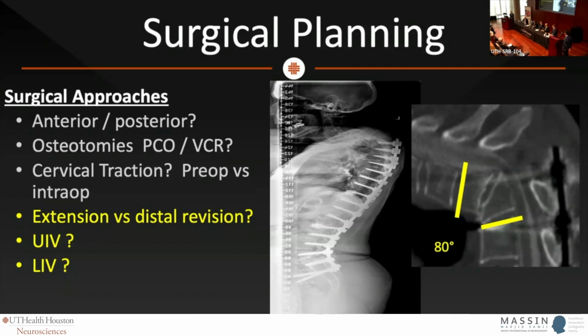What are your thoughts on pre-bent rods to try to achieve some goal along it? Whatever you need, having pre-bent rods at least means to me that you've got a pre-op plan. And if you've got a pre-op plan, that's good. And then if you have pre-bent rods, that gives you at least closer to it. Rods are just a device just like anything else. And so they're subject to your plan and making sure that you can execute properly.